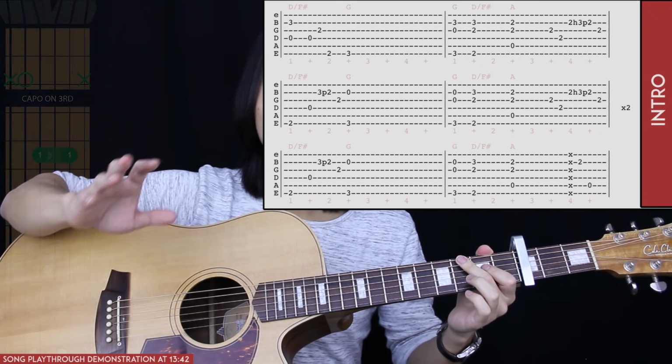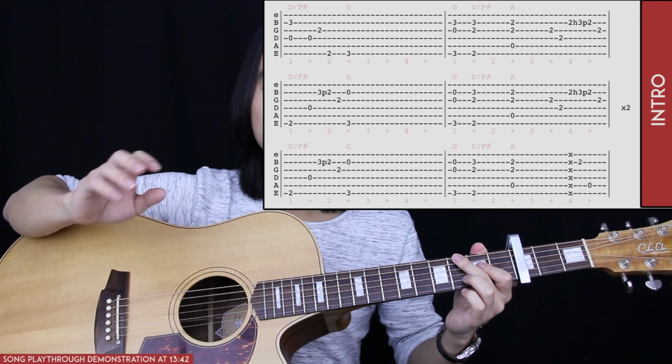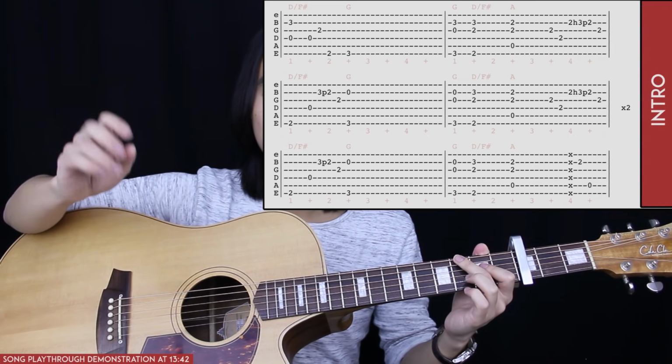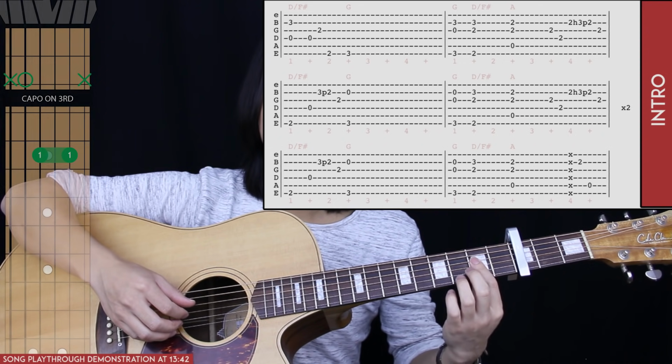Now that second line just gets played through twice, and then we get to our third line of tab. Our third line of tab is almost identical to our second line of tab, except for the end section. Instead of playing our lick for this A chord,